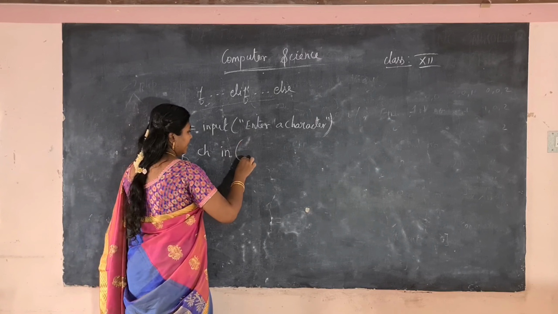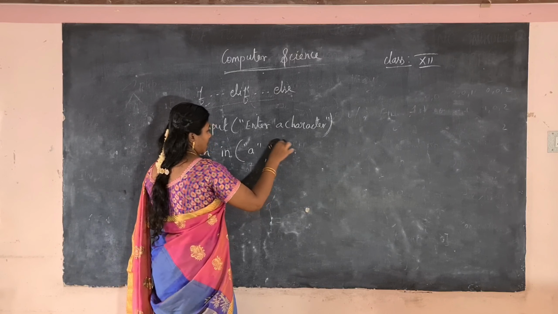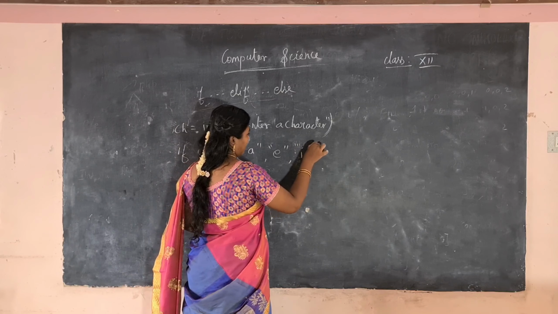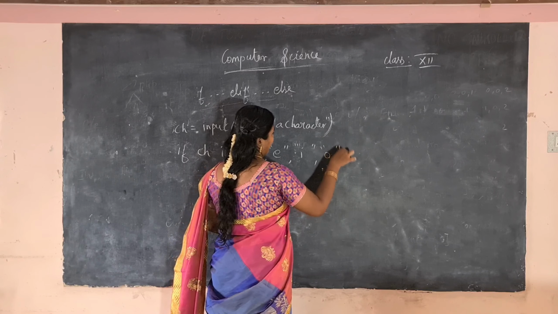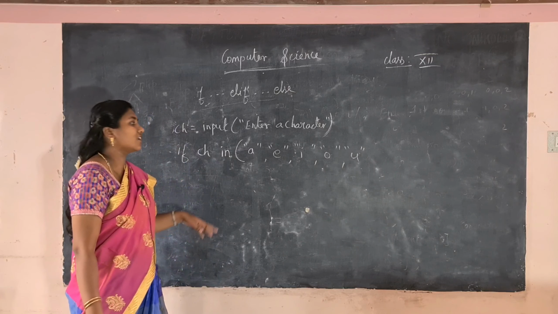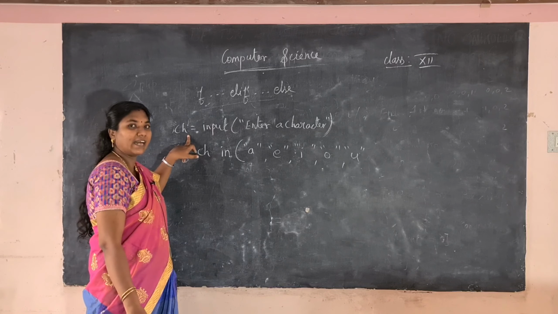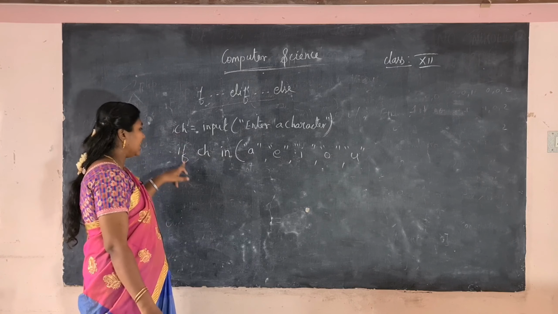Okay. I am giving in brackets A, E, I, O, U. What is A, E, I, O, U? So these are all vowels. Okay. So if I am going to get a character in the run mode, I am going to check if